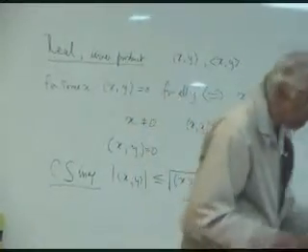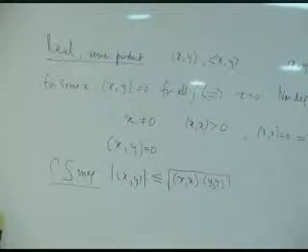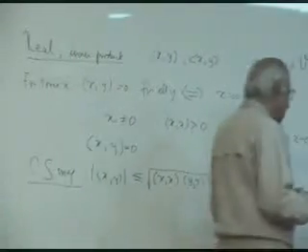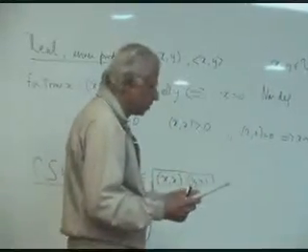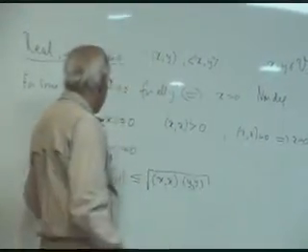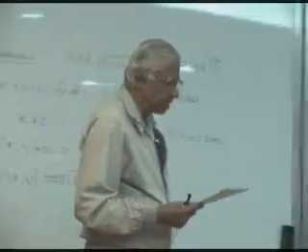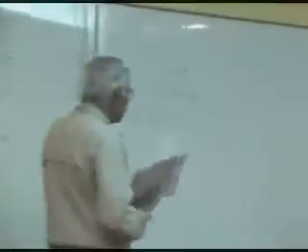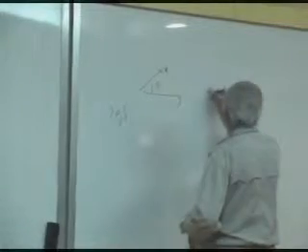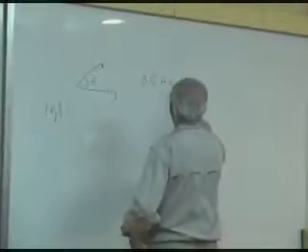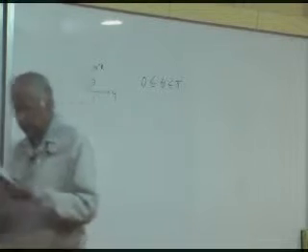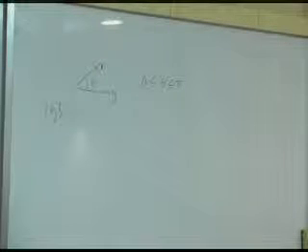So now on page 9, I have a definition of the angle between two vectors. It is determined by the inner product of x with y. The main thing is to see that this angle theta strictly lies between 0 and pi. There is no ambiguity. You can always find the angle between any x and y, assuming both are non-zero. The x and y must be non-zero vectors, then there is a meaningful angle between them.